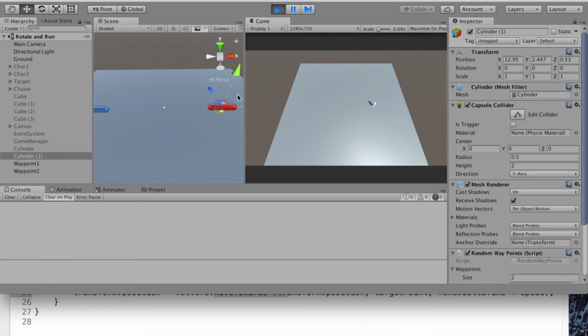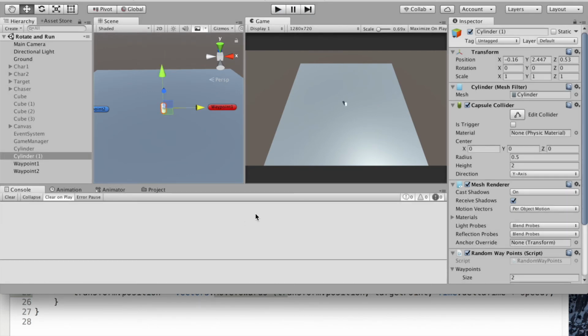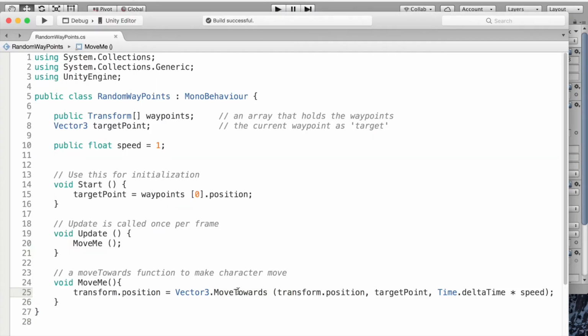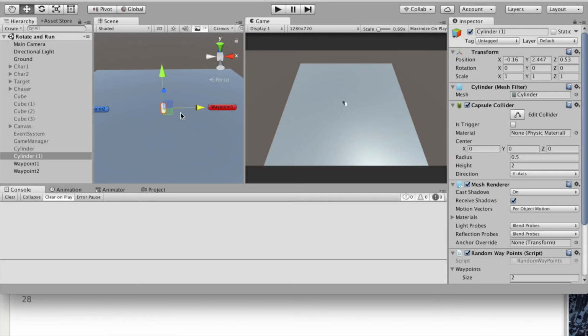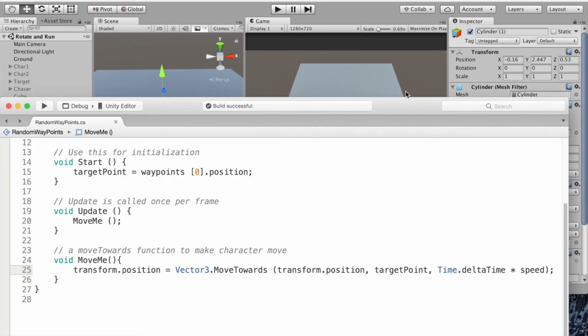Once it gets there, it stops. Great. So at this time it works, right? But the end goal is that we want to have our cylinder move from one waypoint to the next, and then maybe if we have more, then it's going to go to the other ones, right? And so what we're going to do here is that we want to do two things,